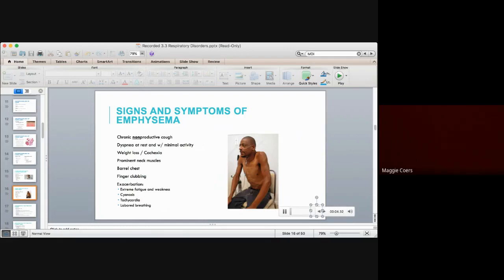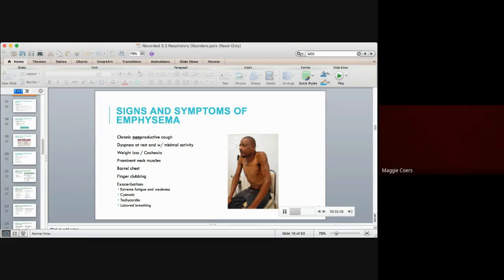So with emphysema, the patients have a chronic cough, but it's non-productive. Okay, and that's really the main difference between chronic bronchitis and emphysema. Patients with emphysema also tend to have a lot worse gas exchange, so they have more shortness of breath at rest. Sometimes the patients get so short of breath that they can't even finish a meal and they lose lots